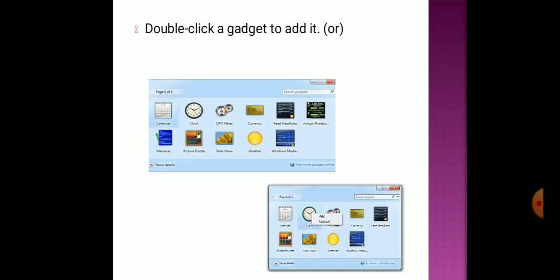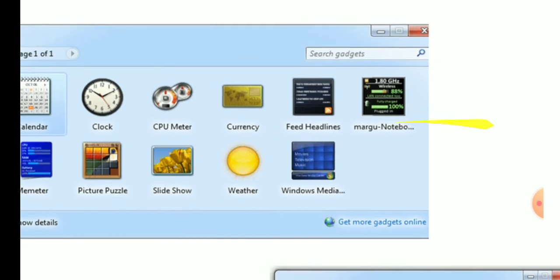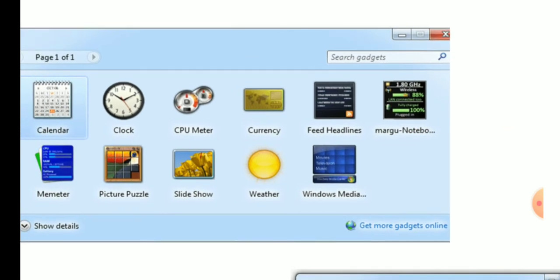Then double click a gadget to add it. After selecting gadgets, your screen will look like this. If you want to add a calendar or clock or a picture puzzle or slideshow, weather, etc., they are seen here, isn't it? From this, whichever program you need, either calendar or clock, we can double click on it, and it will be added to the desktop.